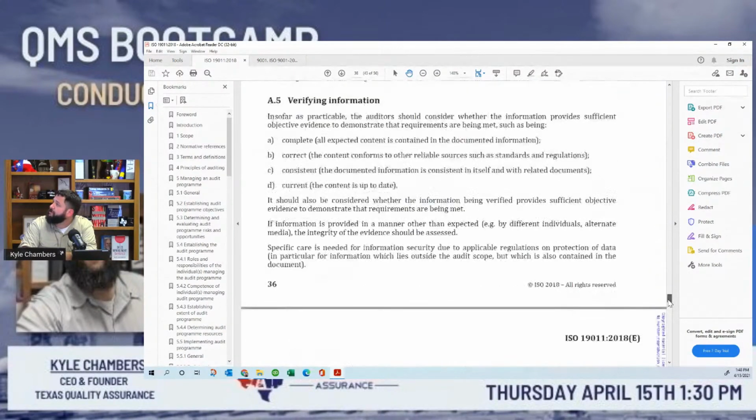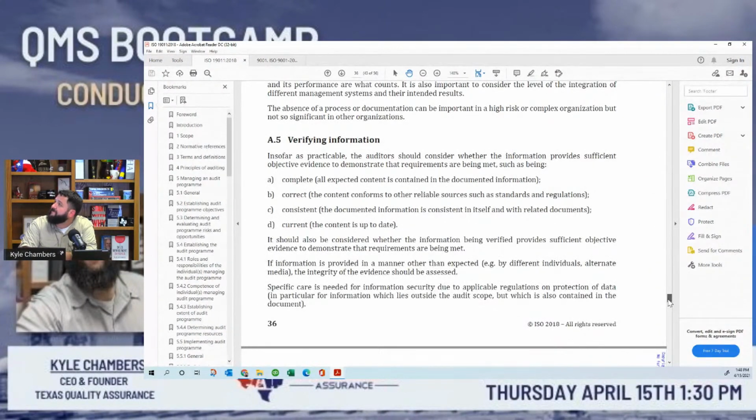Let's take a look here at another section. We're going to go to A.5. A.5 is verifying information. Insofar as is practical, the auditor should consider whether the information provides sufficient objective evidence to demonstrate the requirements are being met,